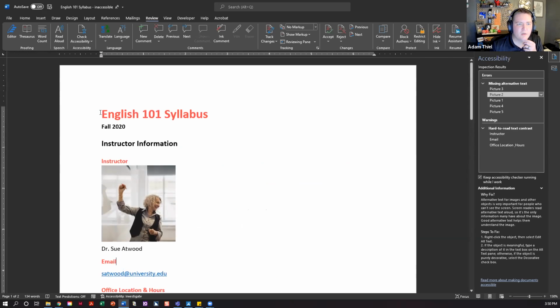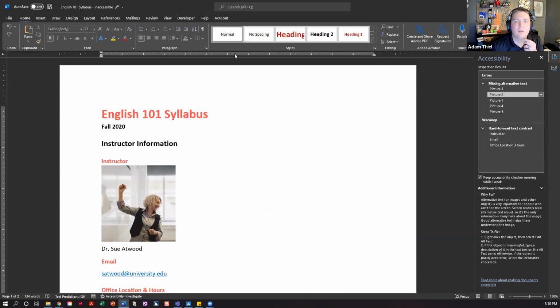The next thing I want to cover is styles. In Microsoft Word specifically, and other programs can do this too, you're going to want to look for a way to set a heading structure for your document.